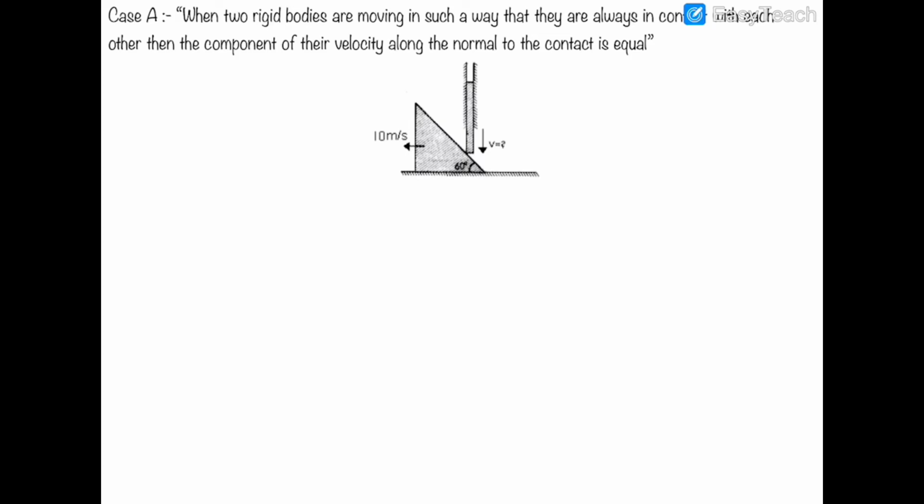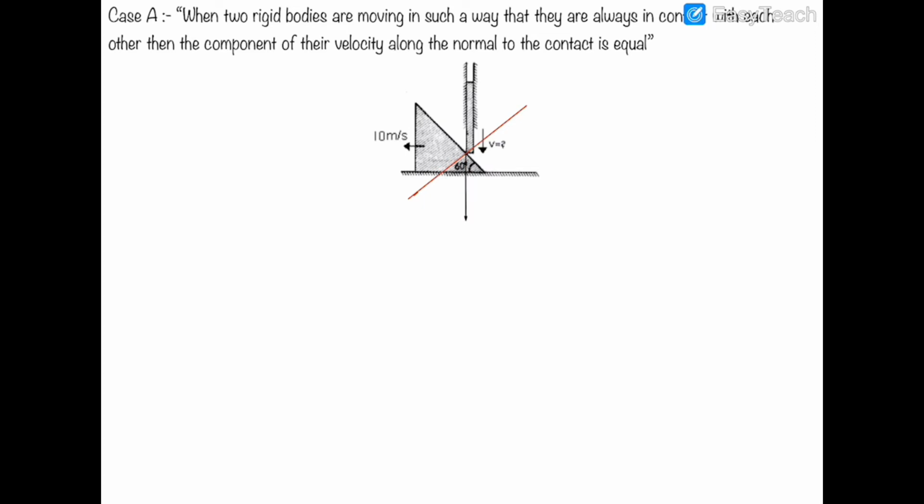And the second step is the identification of the contacts and drawing of the normal. So we have identified the contact, and we have to just identify that contact which is between these two moving objects. So this is the important contact, and we have to draw the normal to this contact only. So we are drawing a normal to this contact. So it will be like that. This is the normal. And for simplification of the problem, we are drawing the direction of velocities again.